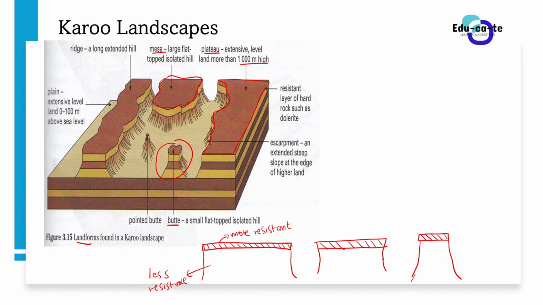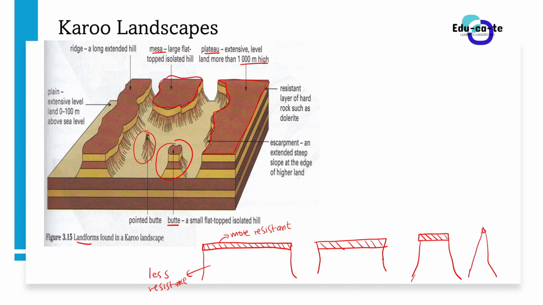So this is how a butte looks. It's just an isolated hill. And then the last thing that we have is a pointed butte. A pointed butte has a smaller piece of resistant rock, and it looks like a hill. So these are the main landforms that we have on